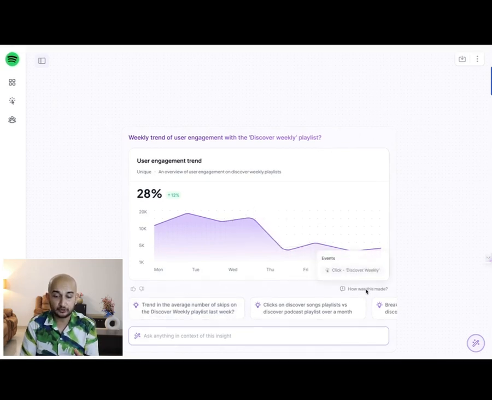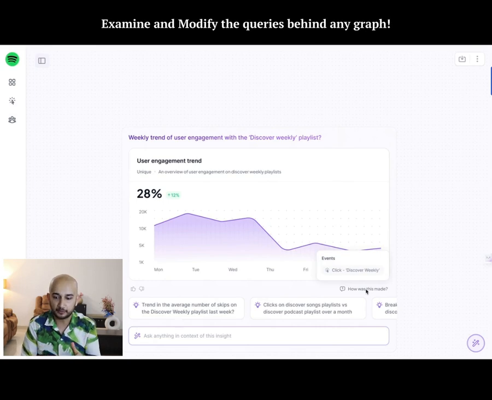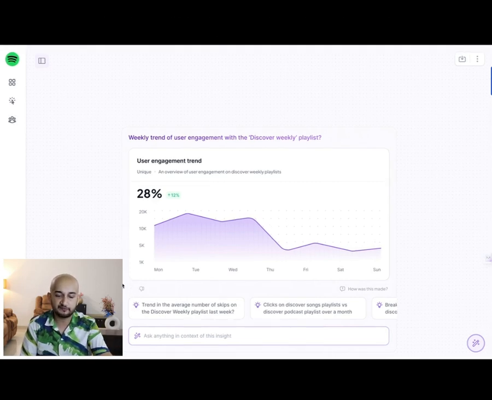What's really cool is that you can also see how this widget has been plotted. You're seeing that the click Discover Weekly button is what's really being taken care of here. This is an automatically generated plot for you. You can give us feedback as well, saying, oh, this looks good, this looks bad. Depending on that, things improve. There are a bunch of recommendations that keep coming in, or for that matter, we can simply go ahead here